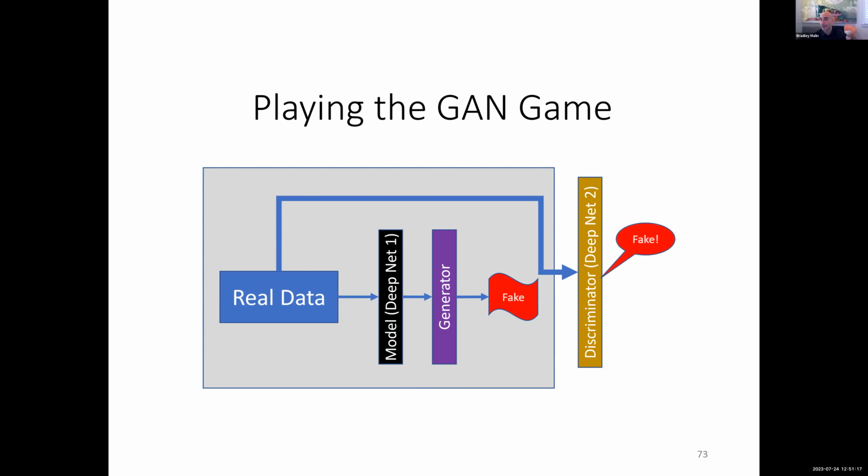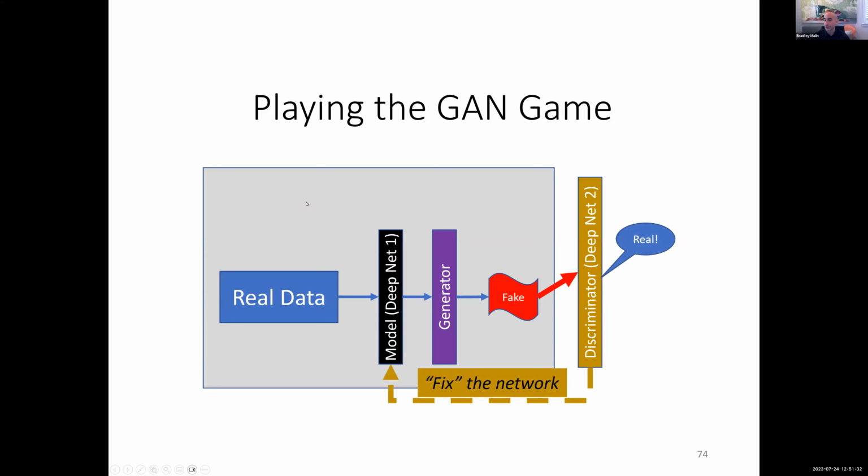You keep doing this until it's an equal chance of failure of discrimination. You send it real data, it thinks it's fake data. You send it fake data, it thinks it's real data. In those situations, there's no need to change the system, and that's when you've sufficiently trained your data. This is basically the way that ChatGPT and similar types of generative AI are working today.